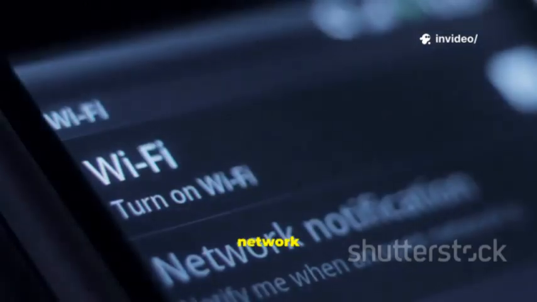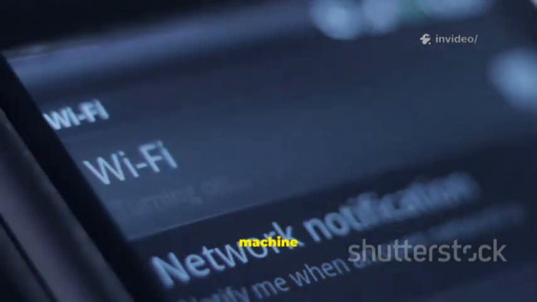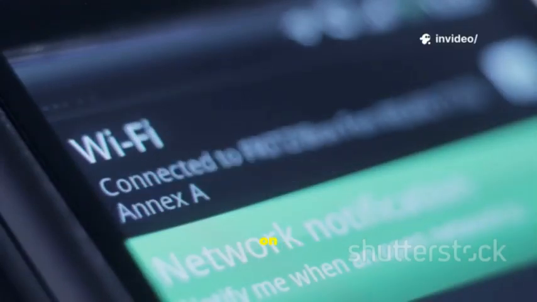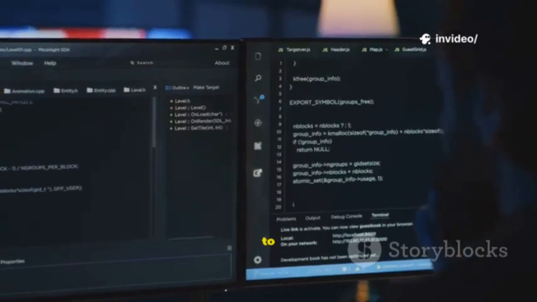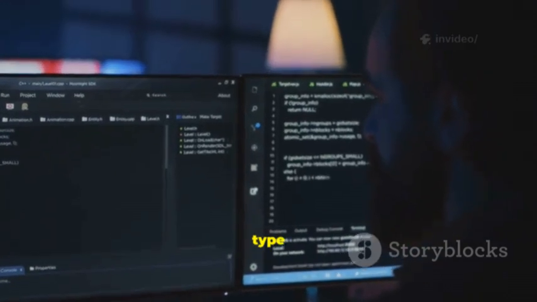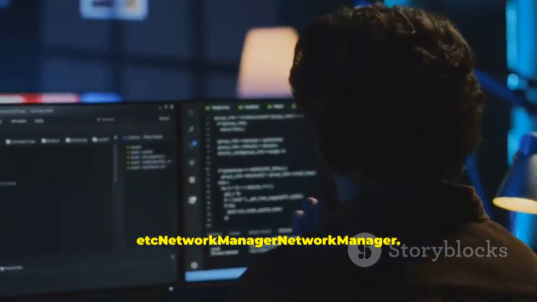By default, your network settings might be a bit too chatty, broadcasting information about your machine that you'd rather keep private. One of the first things we should do is configure the network manager to be a little more paranoid, especially on untrusted networks. We need to edit a configuration file for network manager. Open your terminal and type sudo nano /etc/NetworkManager/